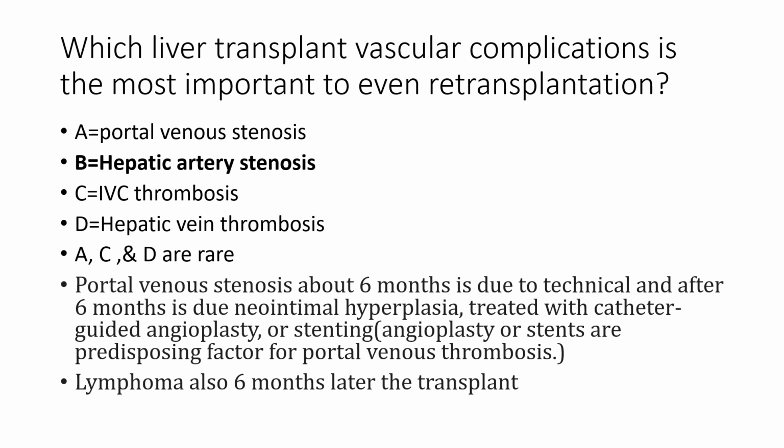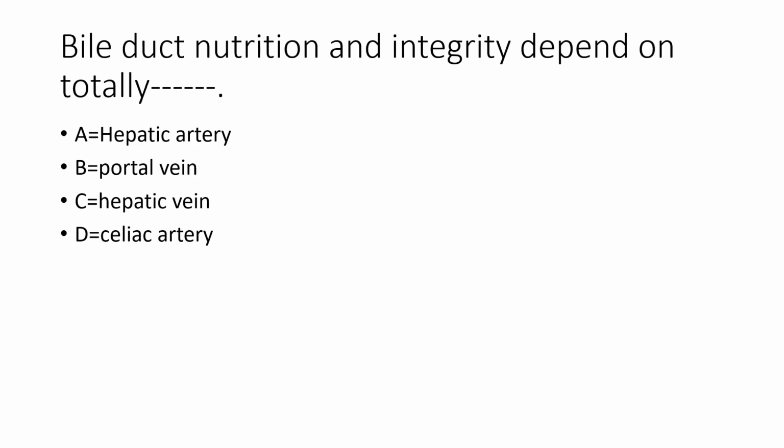If it is earlier, it is technical, or if it is later, neo-intimal hyperplasia, or because of catheter-guided angioplasty and then hyperplasia of the neo-intima. And lymphoma after 6 months because of immunosuppression and many viruses, EBV or cytomegalovirus, all of them, especially EBV, can cause non-Hodgkin lymphoma. Bile duct nutrition and integrity depends totally on